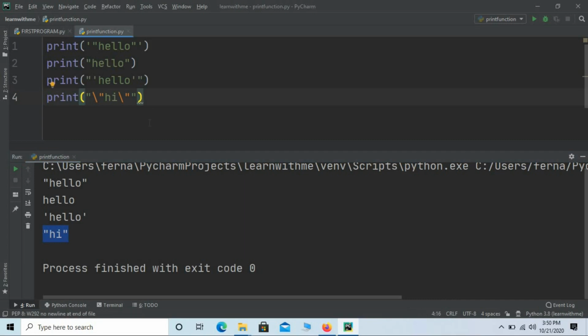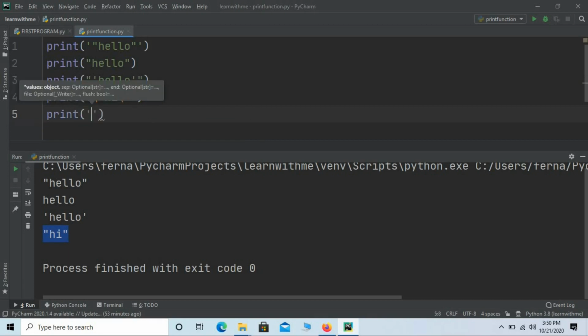Similarly, you can try with single quotes. Print, opening and closing single quotes of the print statement. Write any message, say hey, and again I will use single quotes itself. Again it is showing me an error, so I will use the backslash.